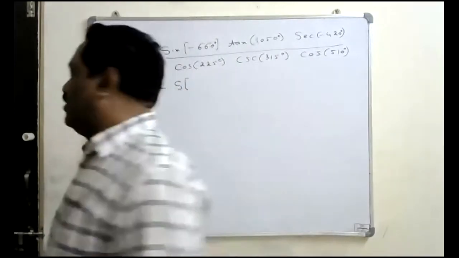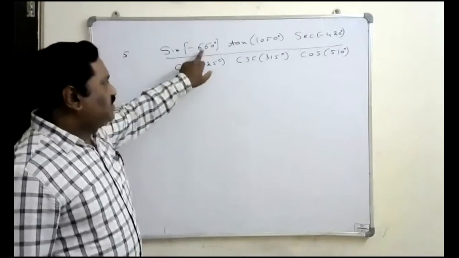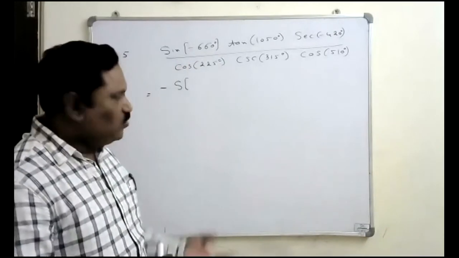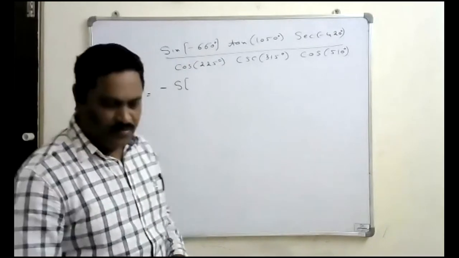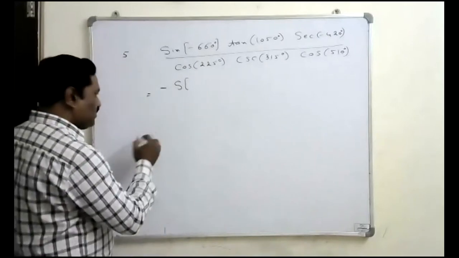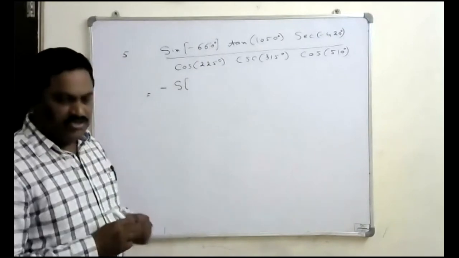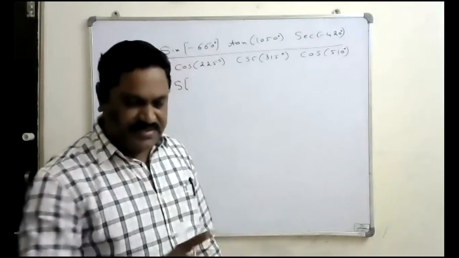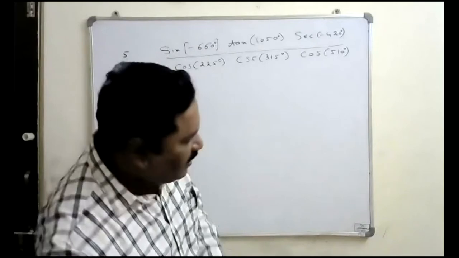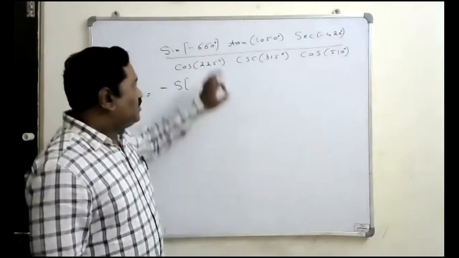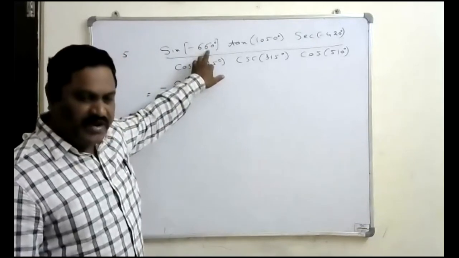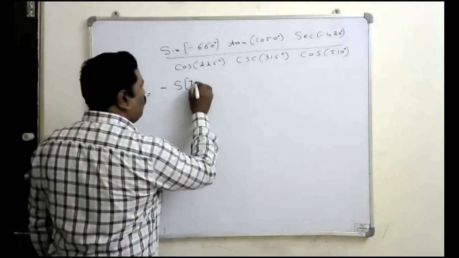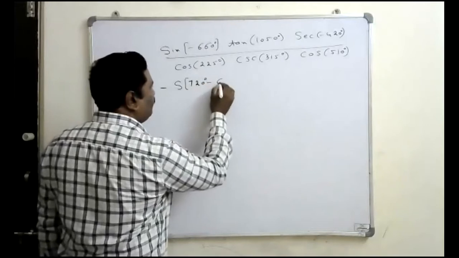Okay. Now look at this. There is a 660. Nearest to the 660, what is the quadrant angle? 630, 720, 630. Generally, express it in the quadrant angle which lies on the x-axis, then we can't get any confusion. That's fine. The nearest quadrant angle of 660 is 720. This 660 we can write as 720 minus 60.